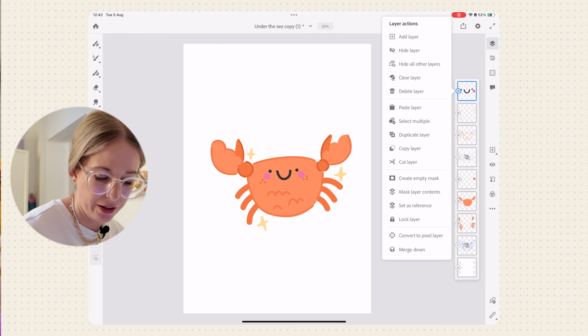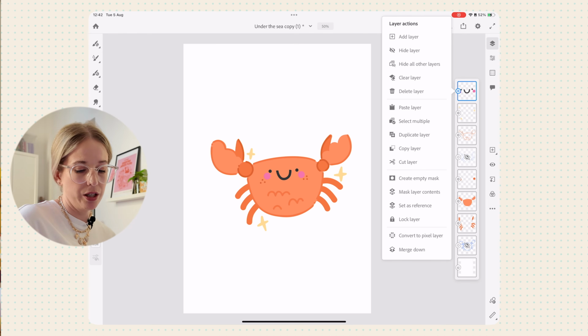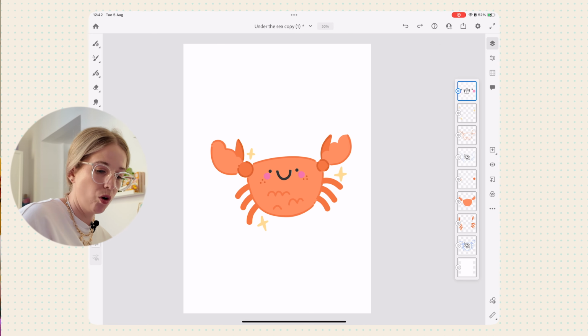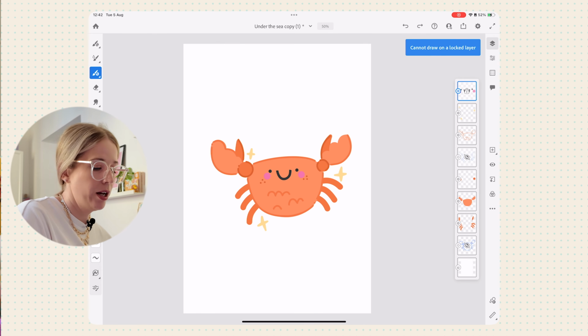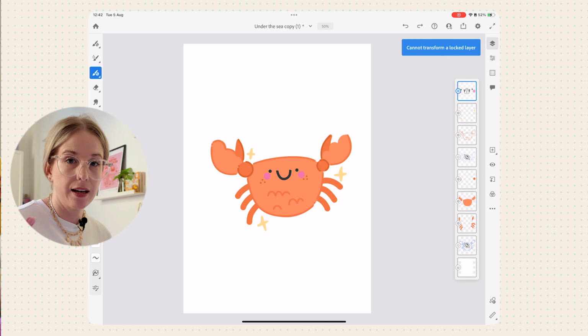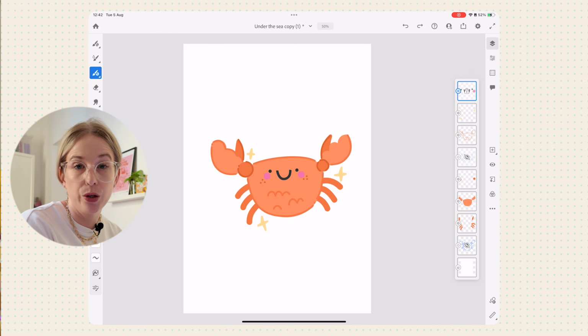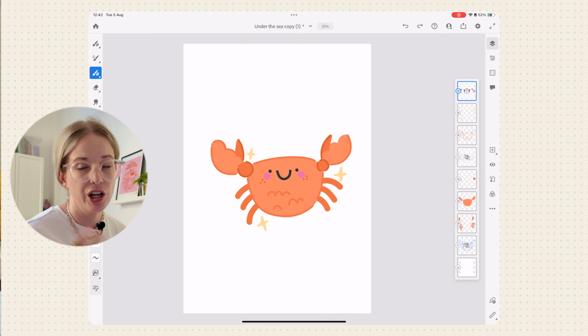The last one that we have here is the lock layer option. That locks it for editing. That means once it's locked, I can't draw on top of it. I can't move or transform it because it is a locked layer. This can be really handy again if you've got a black background layer that you don't want to accidentally draw on, which is very difficult to